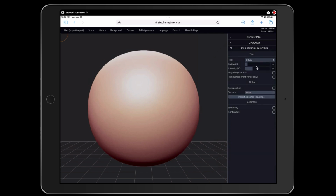We are going to modify this tool just a little bit. There is a radius and an intensity setting for the tool. We want to put them both in kind of like the halfway point of the range. So I'm going to tap in the center for both of them. That looks good. Now down at the bottom, I'm going to inflate the bottom of the sphere so it looks